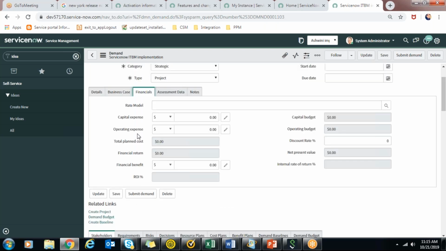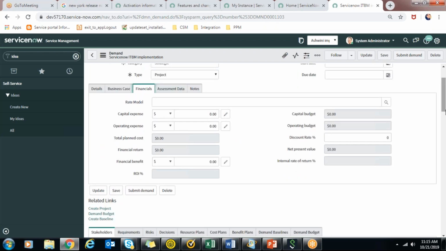I will explain the financial model. Capital expense is what will be the expense before it is even running, like all the resources required, all the costs, budgets, everything that is required in the beginning of a project or anything is capital expense.